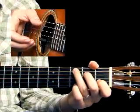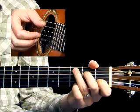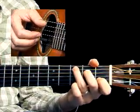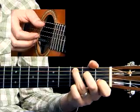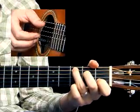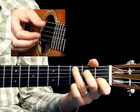This is an 8-bar tune that stays on a C chord, and as I mentioned before, it's got a straight eighths feel. I'll play through it 2 times. 1, 2, 1, 2, 3, and...